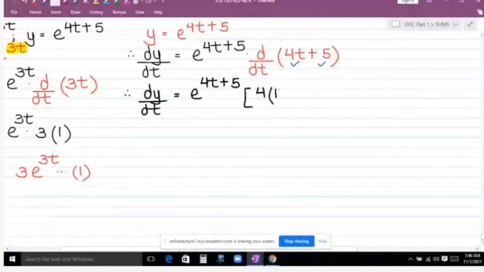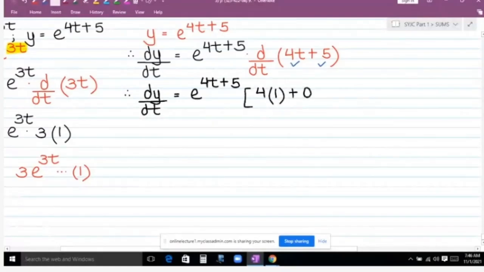What is derivative of t with respect to t? It is 1. 5 is a constant, derivative of a constant is 0. 4 into 1, answer is 4. So you will get your answer to be, therefore, dy upon dt